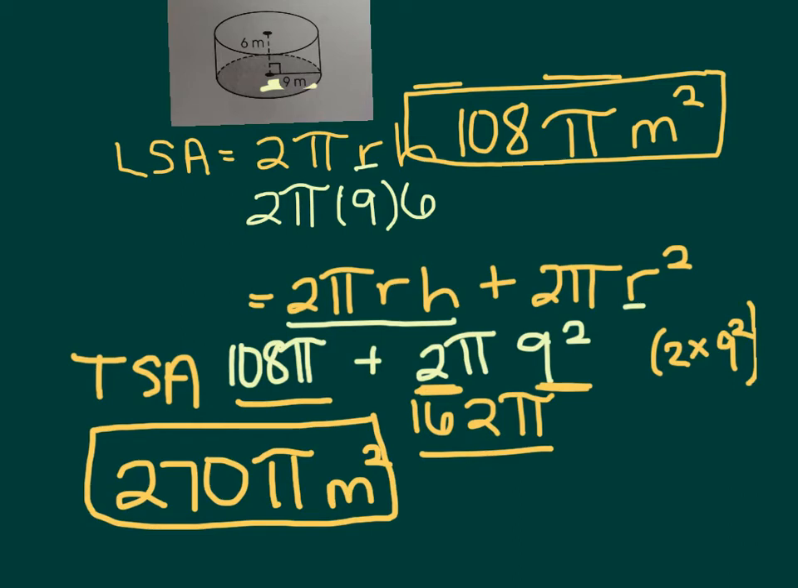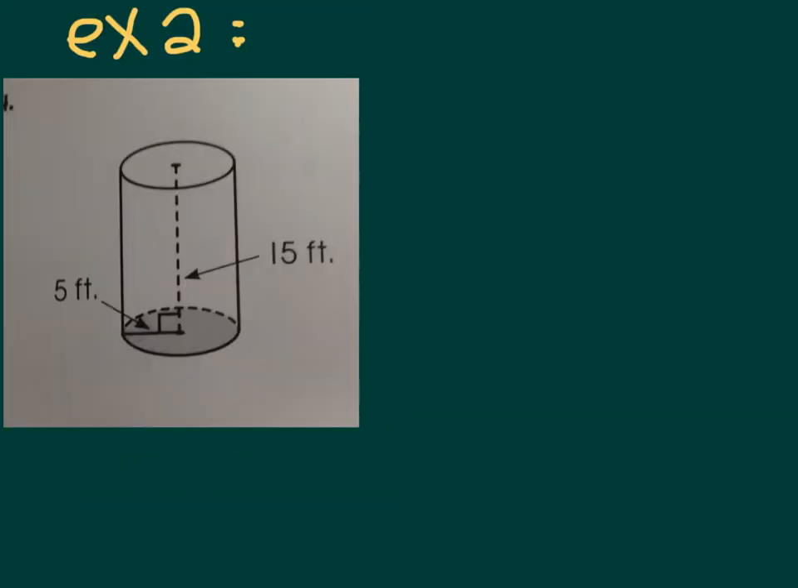Okay, we're going to do one more of these and then we'll go on to cones. All right, here is example 2. Please feel free to pause if you need to draw the picture. We're going to find the lateral and total surface area of the cylinder. And we are also going to make sure and leave our answer with pi. We want the exact answer, not anything rounded. So for our lateral surface area,